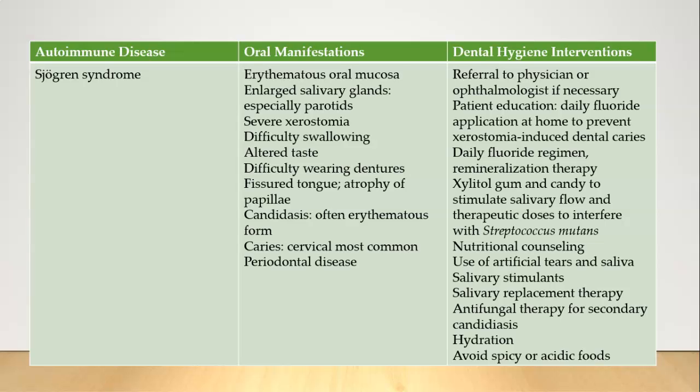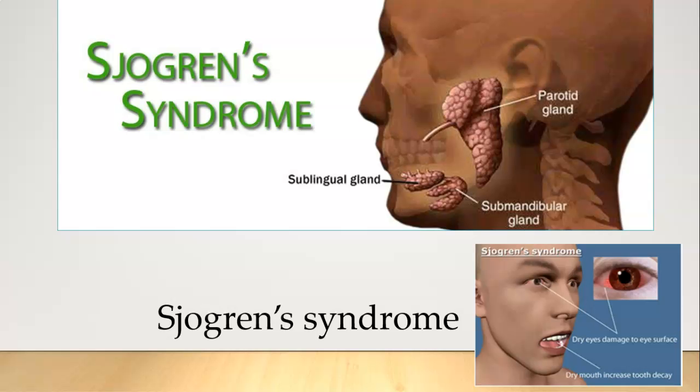Sjogren syndrome: erythematous oral mucosa, enlarged salivary glands, especially the parotid gland, severe xerostomia, difficulty swallowing, altered taste, difficulty wearing dentures due to the xerostomia, fissured tongue, atrophy of papilla, candidiasis, and caries. Here are some images of Sjogren syndrome affecting the parotid gland, sublingual gland, and submandibular glands. Dry eyes is another common